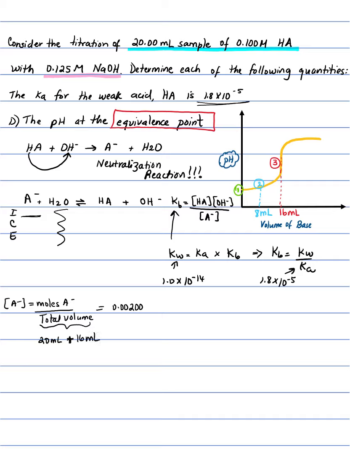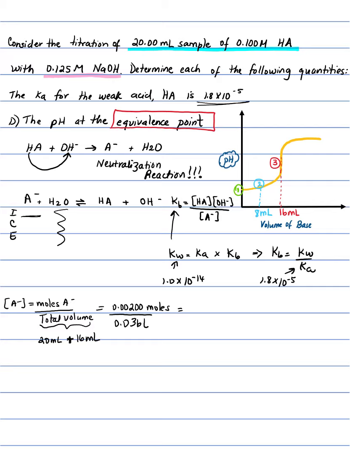So your total volume right there is 36 milliliters, but this is a molar concentration, which means that you're not looking at your number in milliliters, you need liters. So 36 milliliters is the same as 0.036 liters. So that's moles per liter. And that will give you how much or what's the concentration of that conjugate base in your flask at the